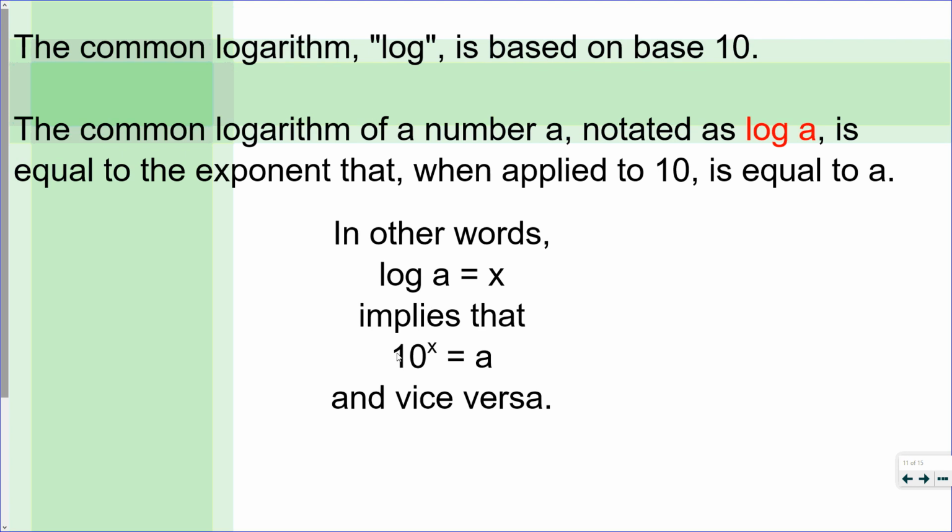Okay, so the log button that's actually on the calculator is called the common logarithm, and it's based on base 10. Why? Because 10 fingers, 10 toes, things like that. Okay, so the common logarithm is notated as log A. And I wrote that in red, just to illustrate that. It's equal to the exponent that, when applied to 10, is equal to A. In other words, if I have,